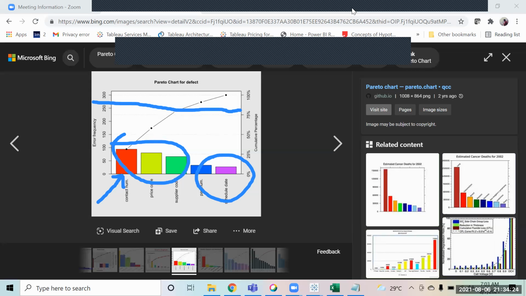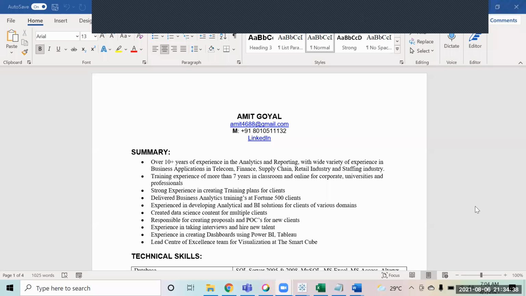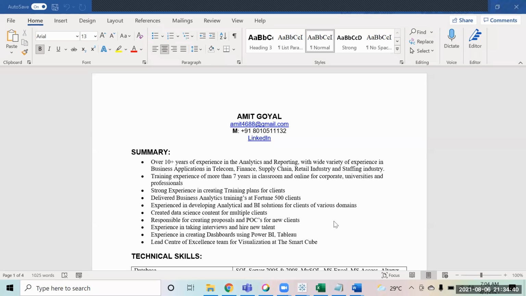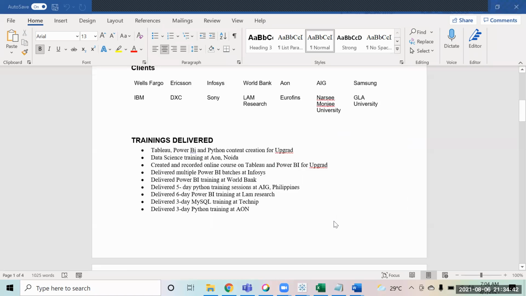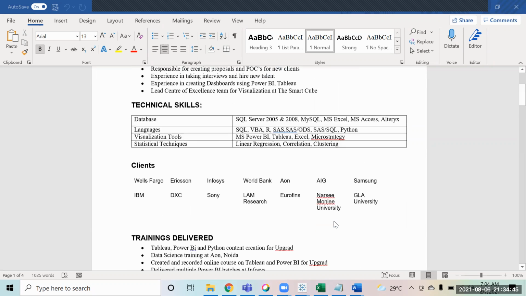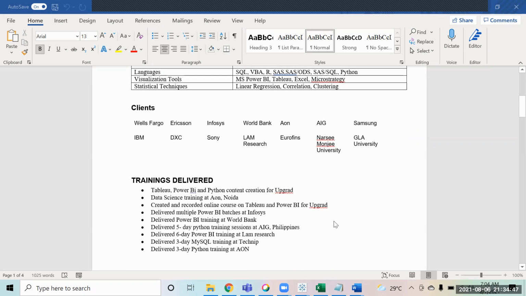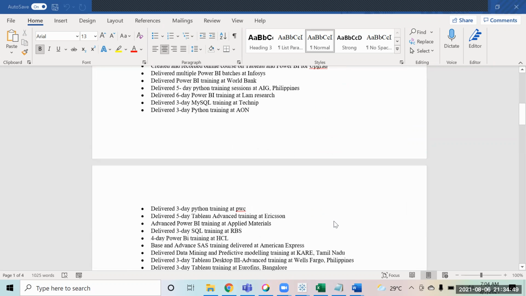How many interviews have you given now? No, my resume is not getting shortlisted at this point of time. I haven't faced any interviews. It's only that the vendors ask me to submit the resume, and I say, okay, I authorize you to submit my resume, but nobody ever came back. And does doing any certifications really help? Like some of the universities have a data analytics certificate. Does it really help in getting a job?